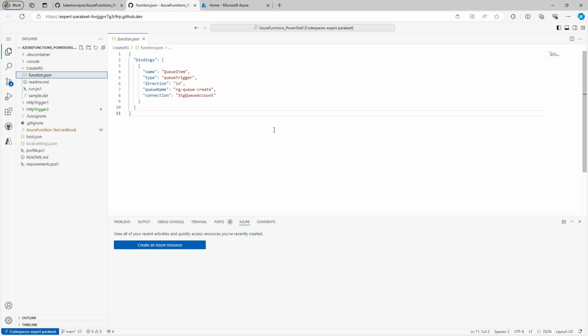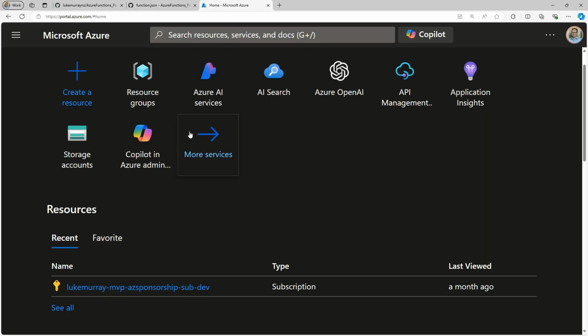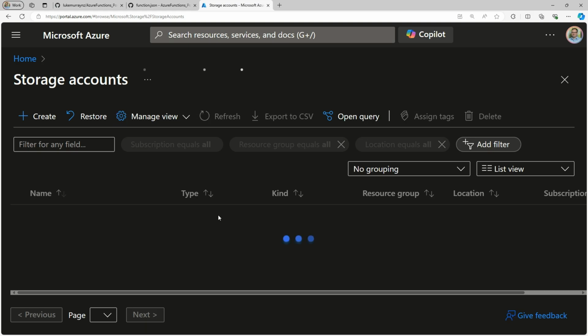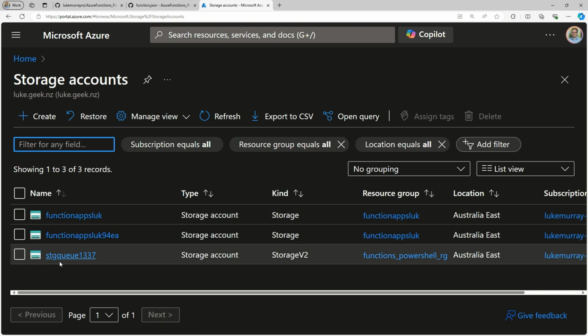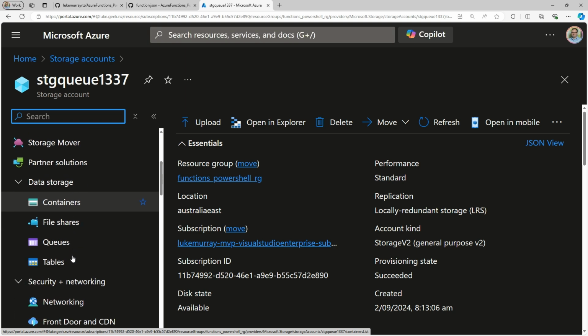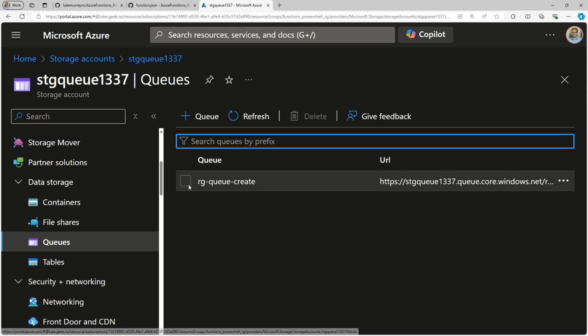So I've got an Azure Storage account, which has RG create, and then the connection is going to be storage account queue create. So if we have a look in the Azure portal, and then we go to storage accounts, we can see we've got a storage account here called STG SKU 1337. If we click on that and navigate down to queues, we can see we've got a queue